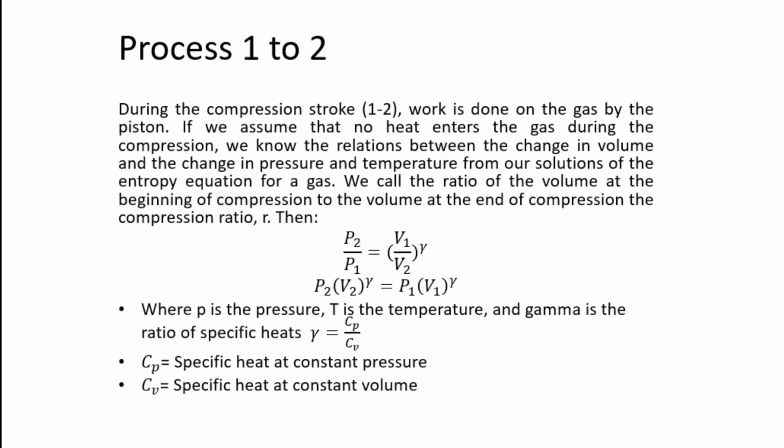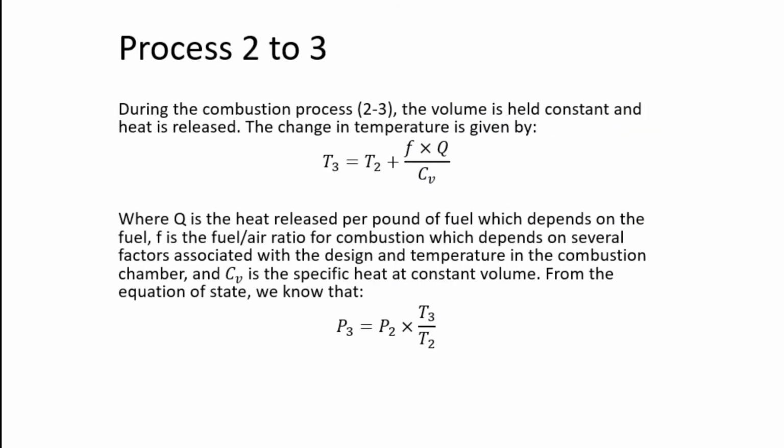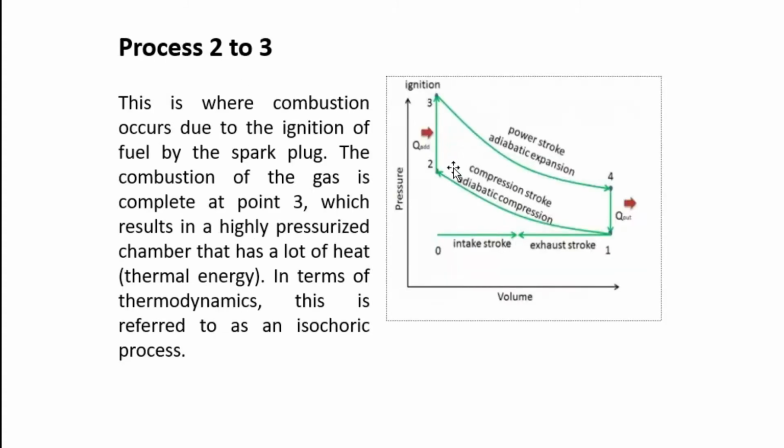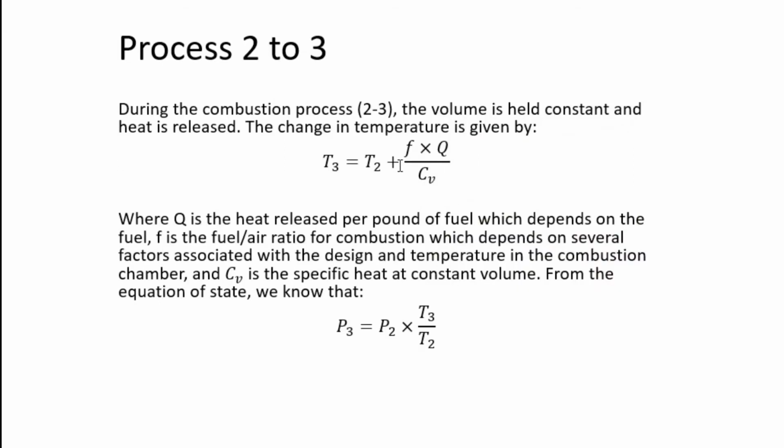So students, you can see from the process 2 to 3 what happens actually during the combustion process. You can see in the figure that in the combustion phase from 2 to 3, the volume remains constant. So as the volume is constant and heat is released, the change in the temperature at state 3, that is